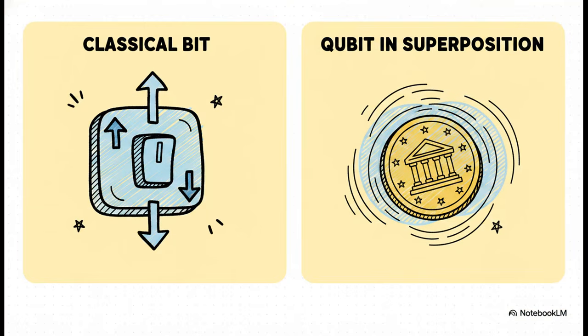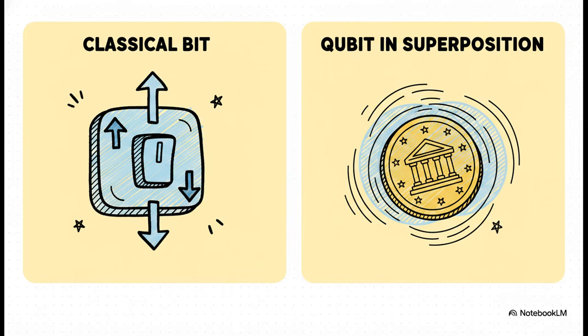To understand how these machines achieve this impossible math, we really have to look at their fundamental building block, the qubit. Let's use a really simple everyday analogy here. Think of the classical bits in your current computer like an ordinary light switch. It's either completely on, representing a 1, or completely off, representing a 0. Every photo, video, and email you've ever sent is just millions of these switches pointing strictly up or down.